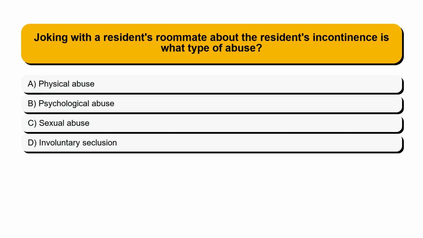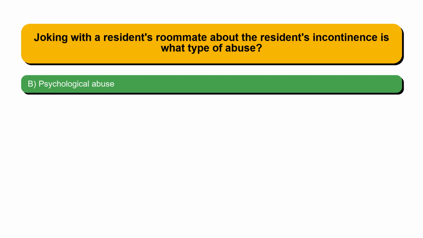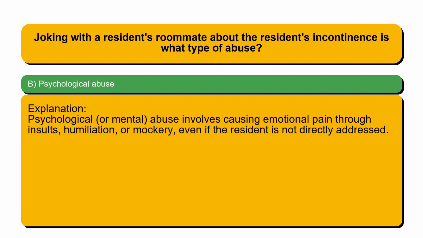Question 89. Joking with a resident's roommate about the resident's incontinence is what type of abuse? Option A, physical abuse. Option B, psychological abuse. Option C, sexual abuse. Option D, involuntary seclusion. The correct answer is option B, psychological abuse. Psychological, or mental, abuse involves causing emotional pain through insults, humiliation, or mockery, even if the resident is not directly